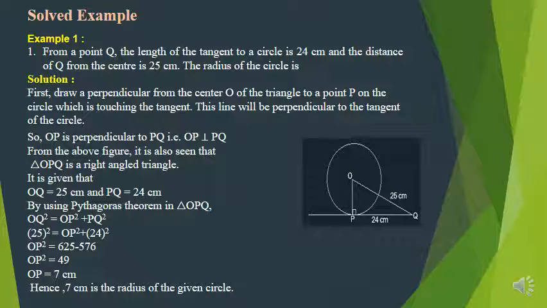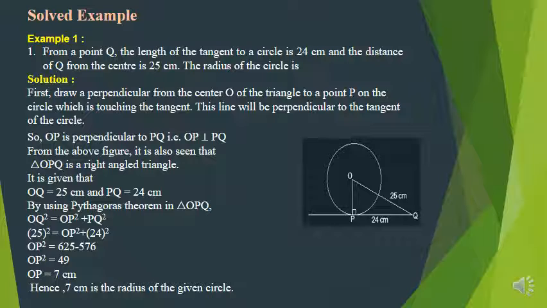So for that, first we'll draw a perpendicular from the center to a point P on the circle which touches the tangent. After that, we get a triangle POQ, where PQ is 24 cm and OQ is 25 cm. By using the Pythagoras theorem in triangle OPQ, we have OQ square is equal to OP square plus PQ square, where